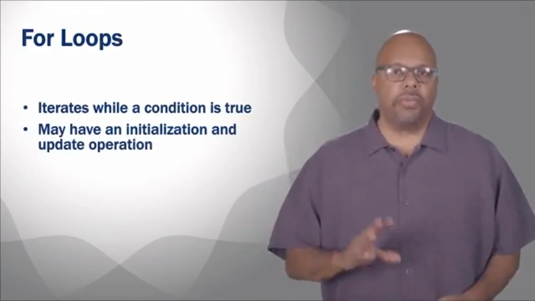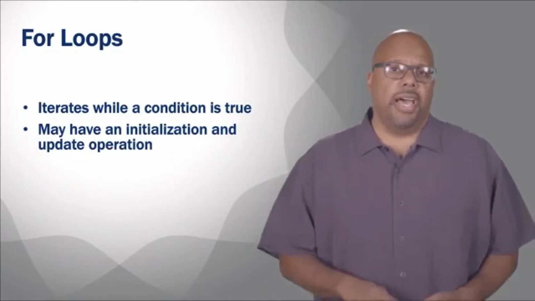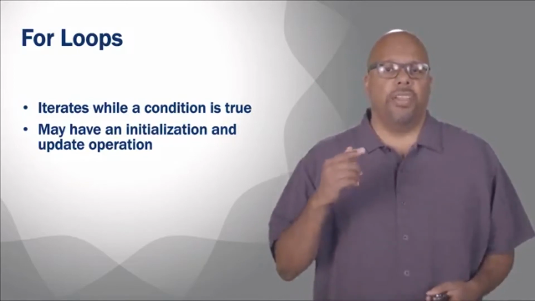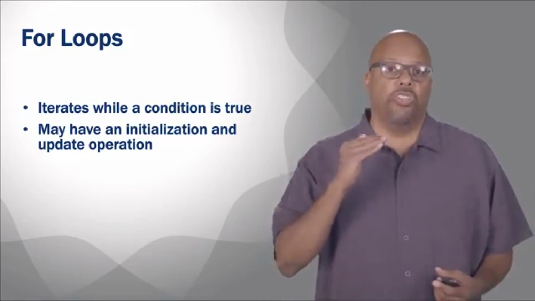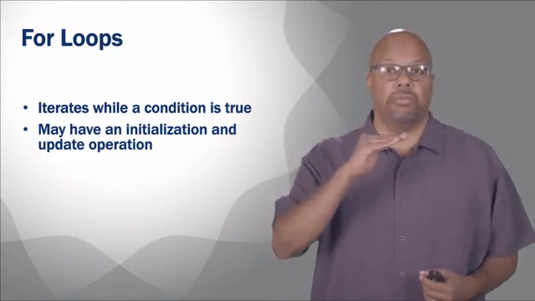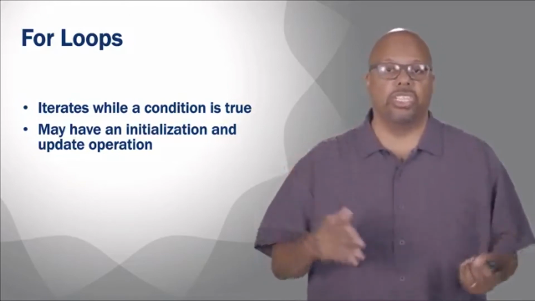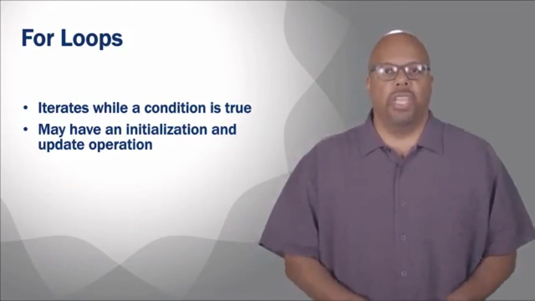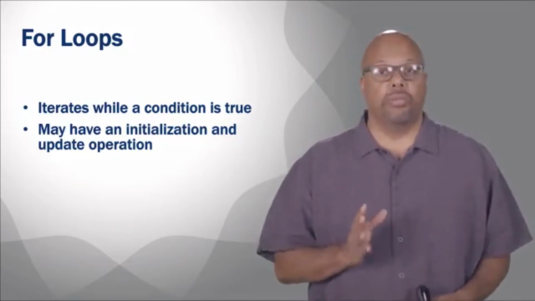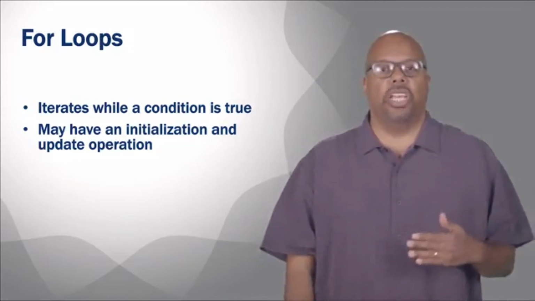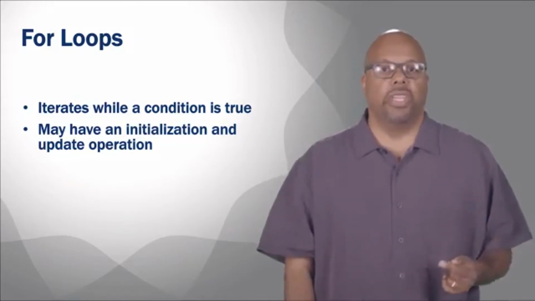So for loops are another form of control flow statement. Basically, they're loops. So the control flow, rather than just going top down, when you hit the bottom of the loop, you come back to the top of the loop. And you do it again and again until a certain condition is met or not met. So that's how they alter control flow. These are extremely common in programming. They just iterate over a block of code as long as the condition is true.